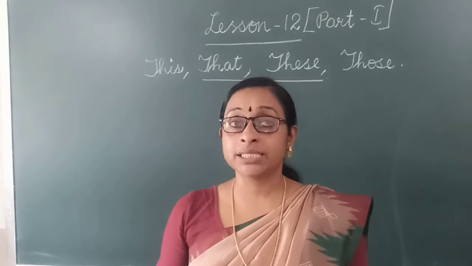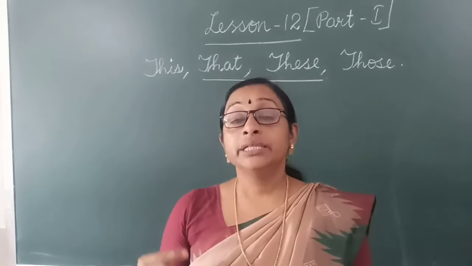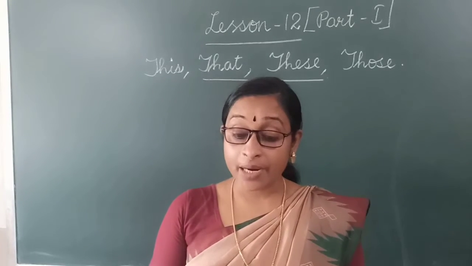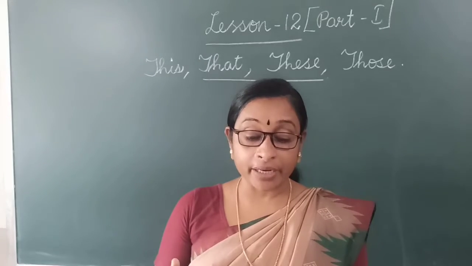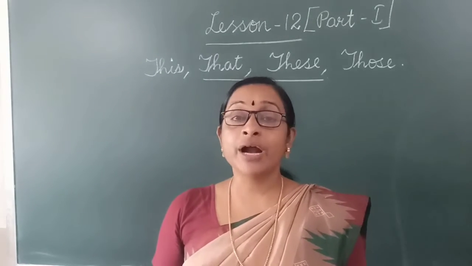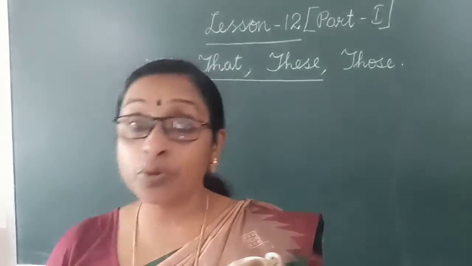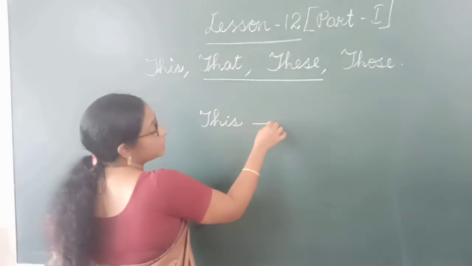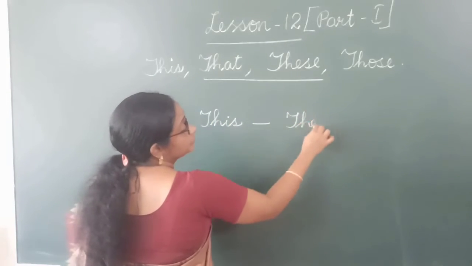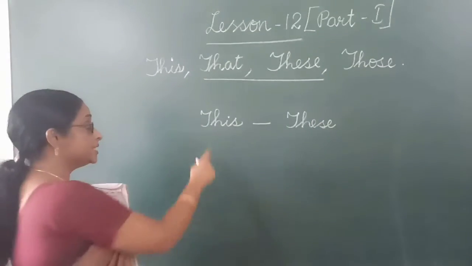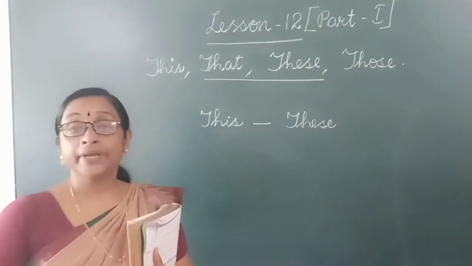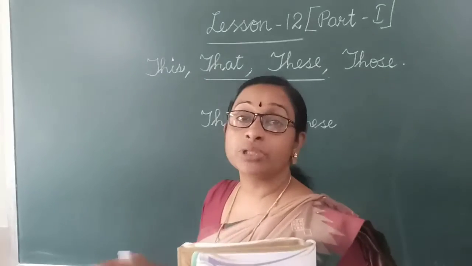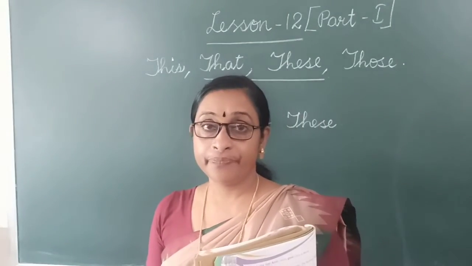From the first two sentences you can understand. This is a ball. There only one ball is given. That is singular. And when there are more than one ball, plural, what have we written? These are balls. So what is the plural of this? What is the plural of this, children? The plural of this is these. It is singular and it is plural. Okay. When there is only one thing, one person, then we say this. And when it is more than one, then we have to use these.